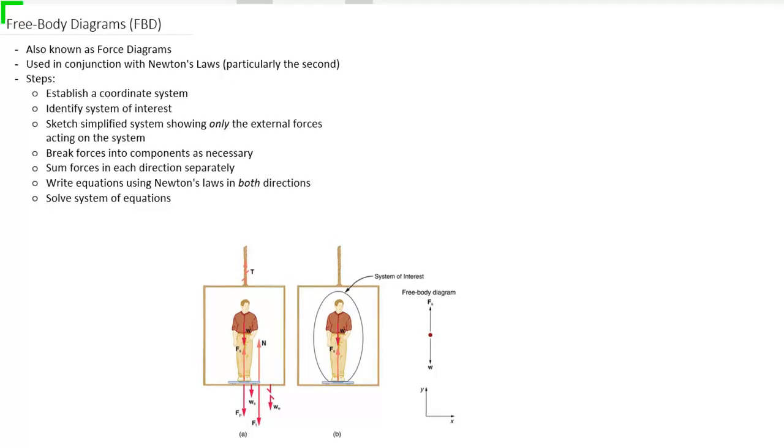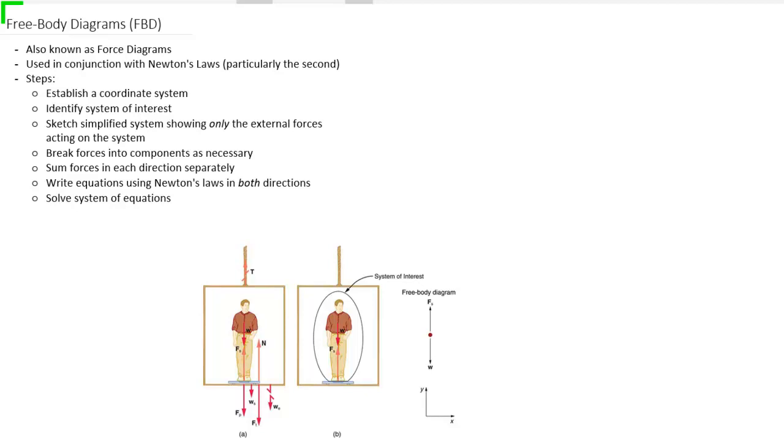In this video, we are going to introduce your primary tool for solving mechanics problems involving motion and the forces that cause them. And this tool is called free body diagrams, or sometimes referred to as force diagrams, because they're a picture of the forces acting on something. We use them in conjunction with Newton's laws, particularly the second law, F equals ma, and we use them to